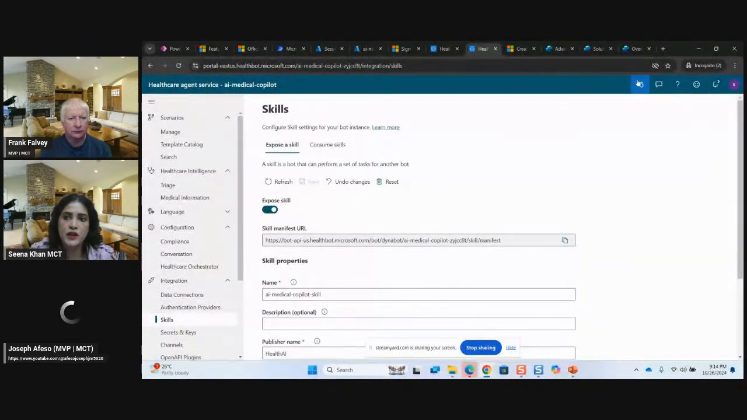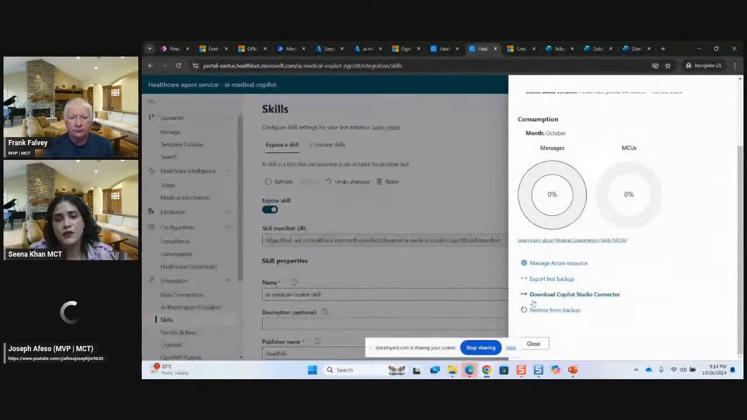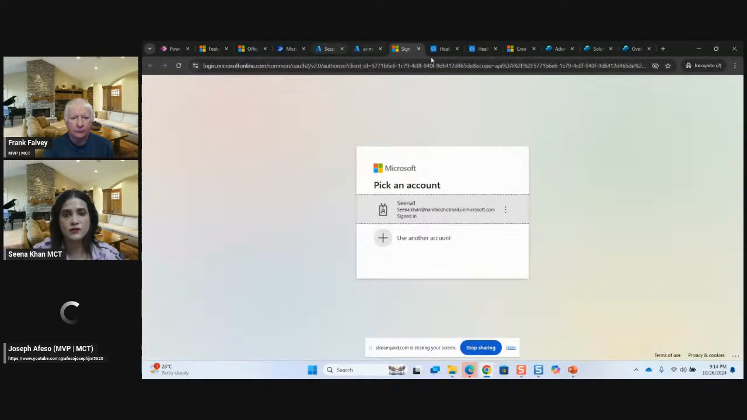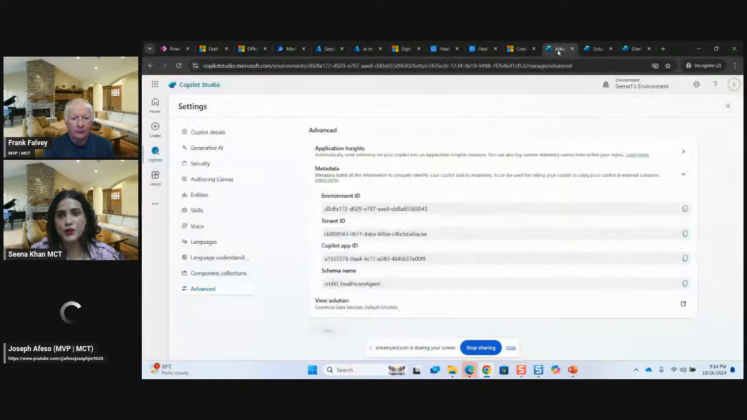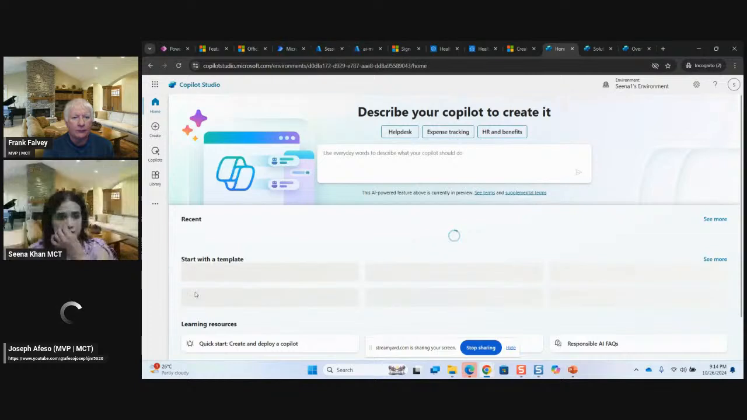So coming over here in the bot administration, here you will get this option to download Copilot Studio connector. I have already downloaded this. I'll show you here, coming into the Copilot Studio. So what I have done is